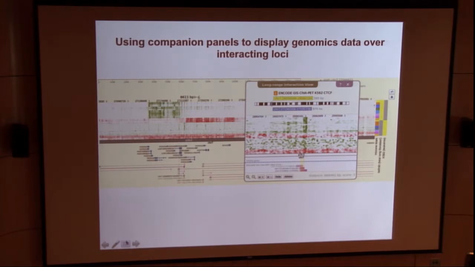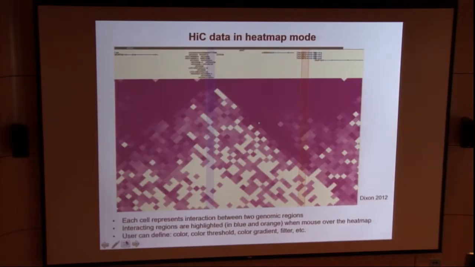And you can bring another browser panel out, right? So basically, you have a browser in the background, you have another browser jumping out, and then you can look at where your current locus is interacting with on a remote site, right?